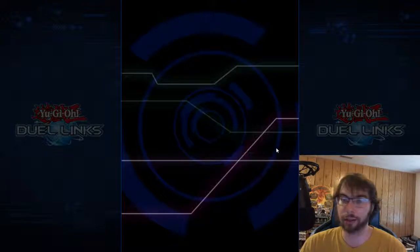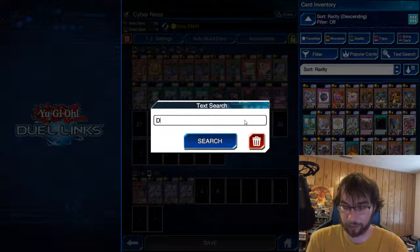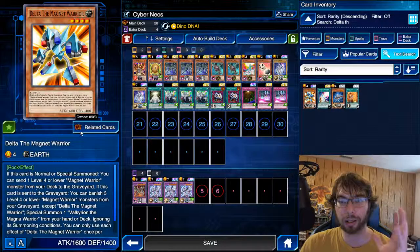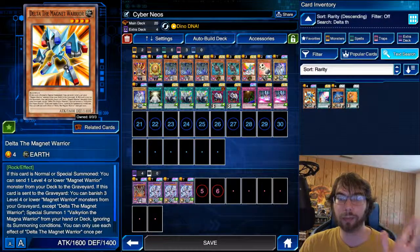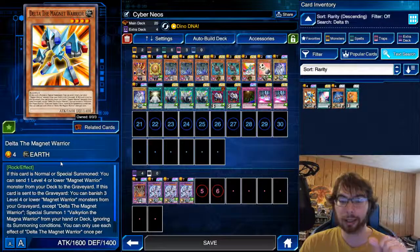I'll just go ahead and jump into this in order to search that up for you. I know I have copies of it, so Delta. Hopefully that pulls it up. Yep. So I think this guy will definitely play a big role in the deck. This is the level 4 that you'll probably summon with those effects. And this guy can also,